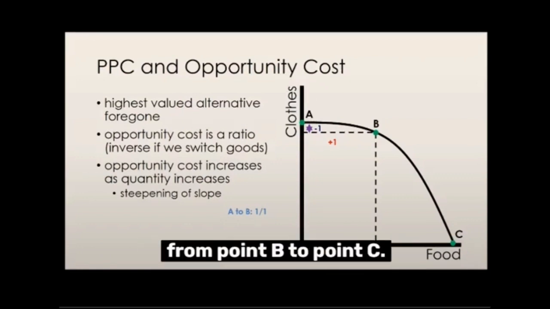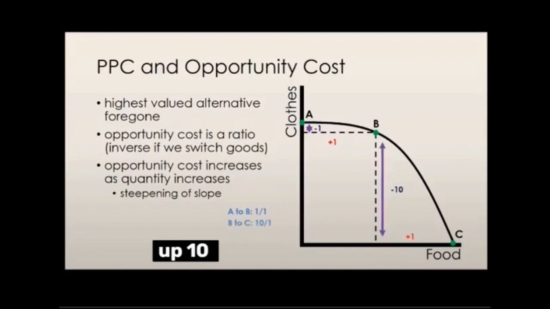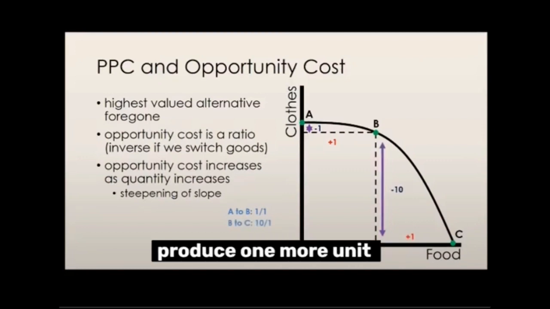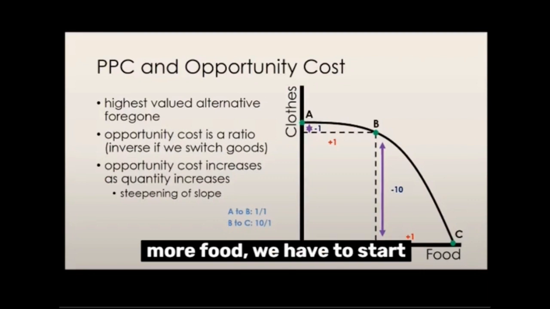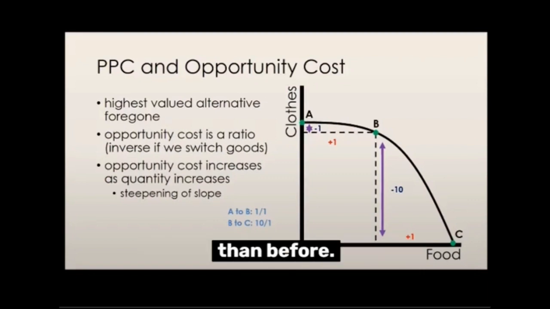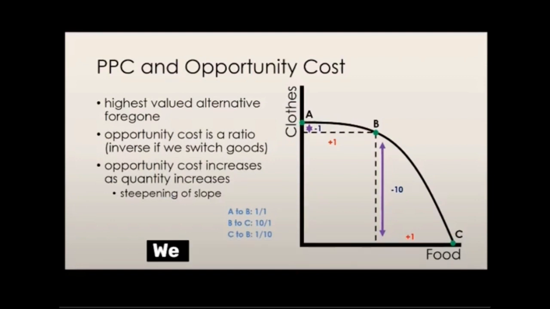The opportunity cost of producing one unit of food as we move from point A to point B is 1 unit of clothing. Now let's say that we move from point B to point C. Well, now we have to give up 10 units of clothing to produce one more unit of food. The opportunity cost here would be 10 over 1. This illustrates the fact that in order to produce more food, we have to start giving up even more clothes than before. If we want to go from point C to point B, the opportunity cost would be 1 over 10 units of food. This is the reciprocal of the opportunity cost